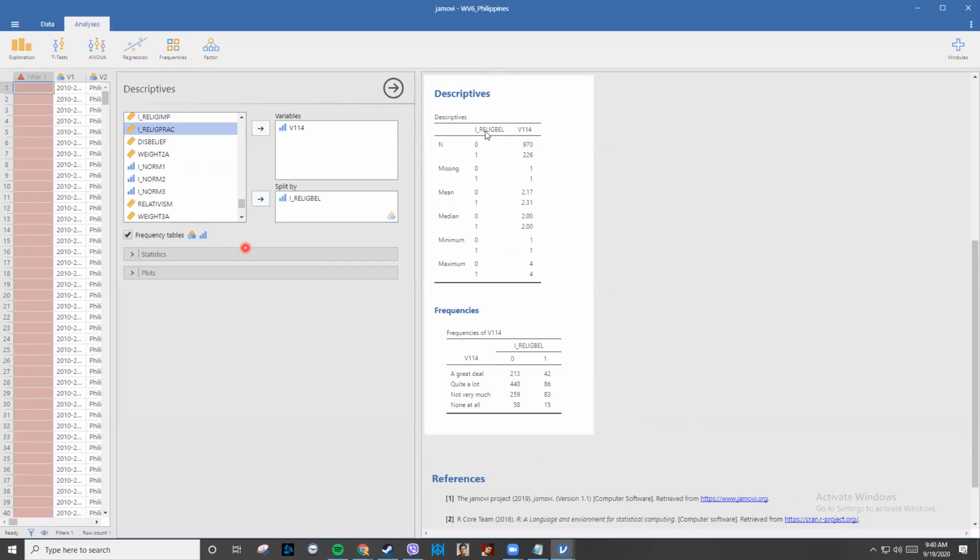So I read religious belief. We can see na those who answered zero for the religious belief question, 970 of them answered V114 as zero, and 2226 answered one. When we use split by, we just see which ordinal data answered which question.